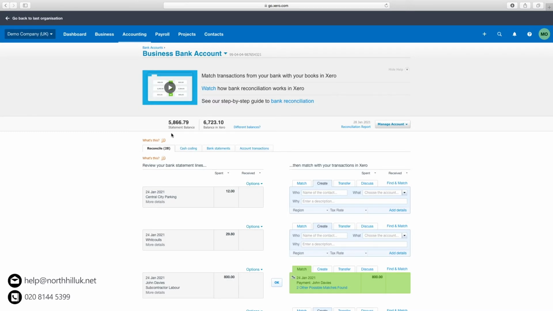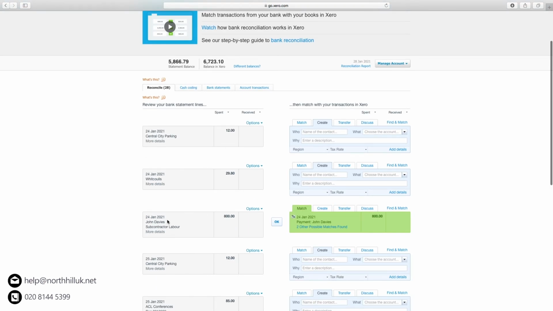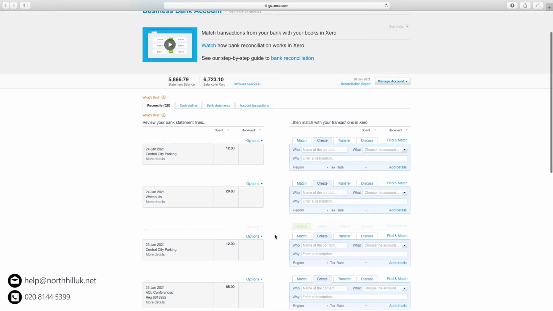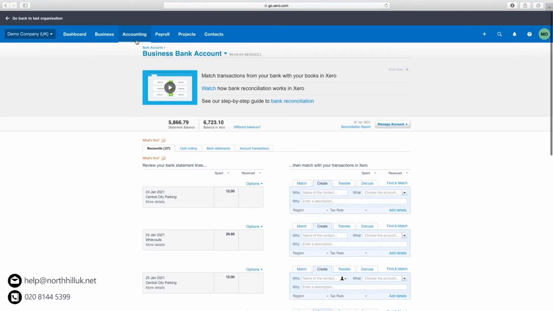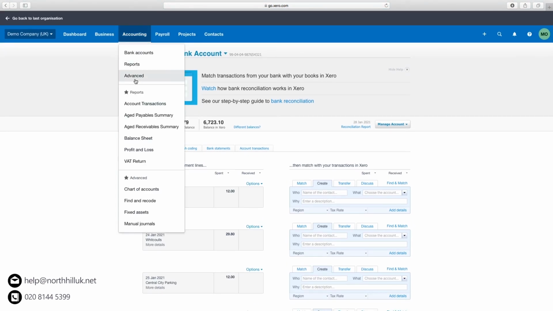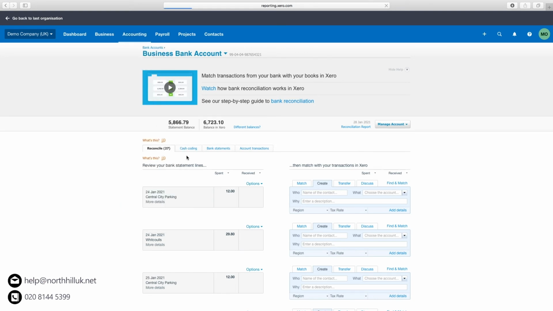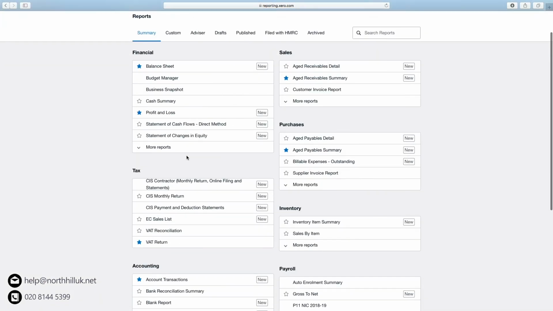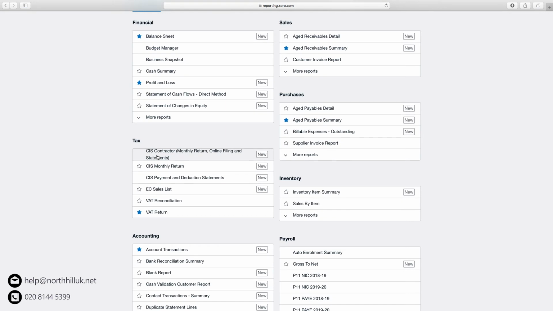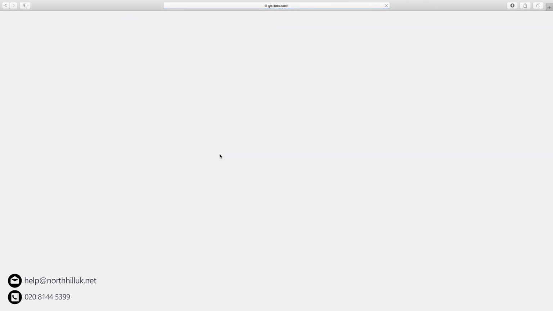Okay, so if we just move on now to the lodgement of the CIS return itself and some of the reports that flow from that. So we can see that on the 24th of January, we paid £800 over to John. Xero's automatically matched this with the bill we've just raised for £800, so we'll just match those. Click OK. Just come to the top here to the accounting menu, down to reports. Now under the tax section, we've got an option here, CIS Contractor Monthly Return, Online Filing and Statement. So if we just select that,